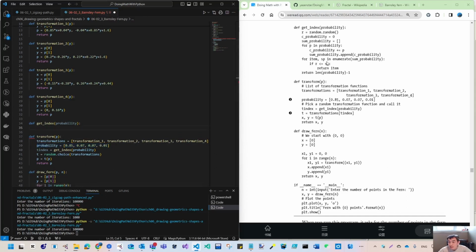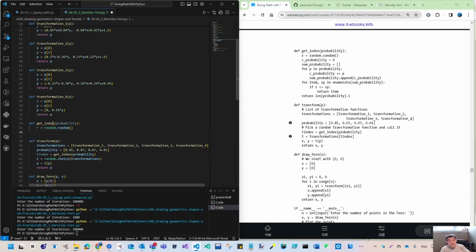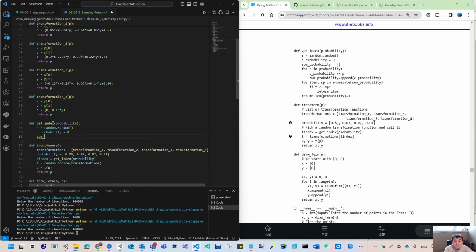So these are the additional functions we will have. We are starting to use random here, and here we don't need random anymore. So let's say here we have random. If we use that, we get a floating number within 0 and 1, and we put C probability as the initial 0, and sum probability